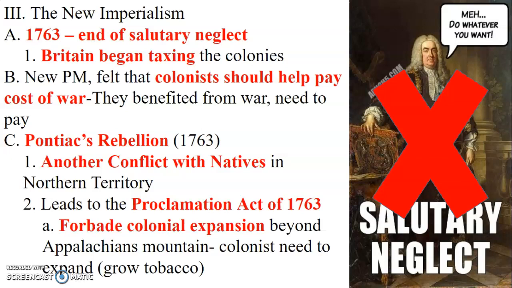This did not go over well for a lot of colonists because remember, a lot of them were making a lot of money because of tobacco. But if you remember, tobacco exhausted the land, which means that after you harvest it, the land is pretty much useless. So therefore, you need to move to other lands. And if you're not able to get other lands because of the Proclamation of 1763, which forbade you from expanding, getting bigger, this was going to limit their ability to make money.